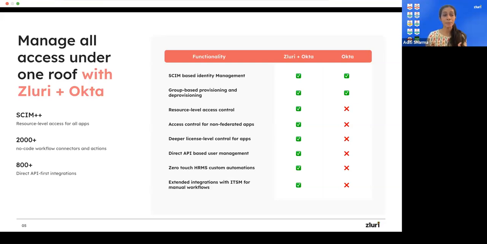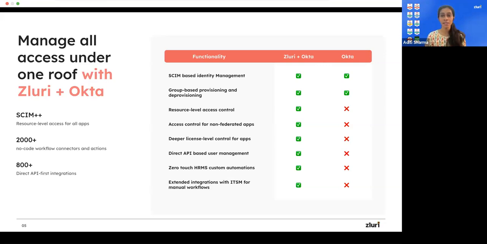The key capabilities that supercharge Okta are the SCIM++ direct API integrations that Zluri offers. This helps you get resource-level access control for your applications. On top of it, we also offer 2,000 plus no-code workflow connectors and actions.